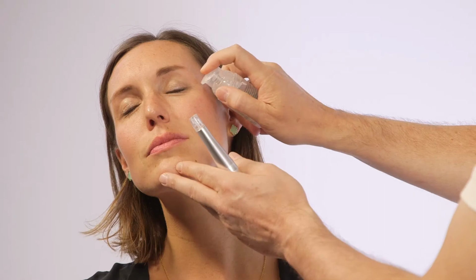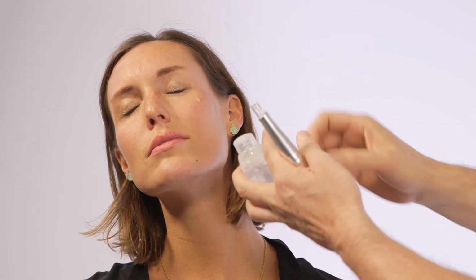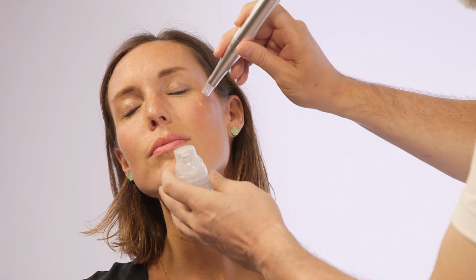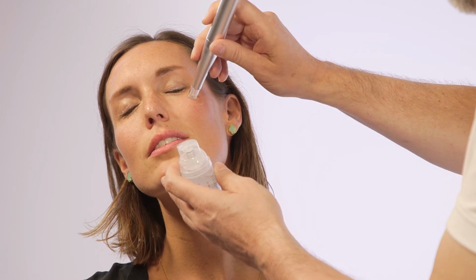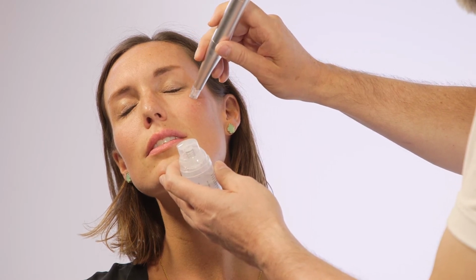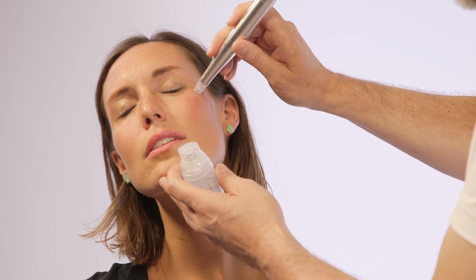And so you can see it's very easy. Just close your eyes, be relaxed, okay? So we don't need a lot. And then just go on the skin. And what you can see is, if I just move here on the skin,